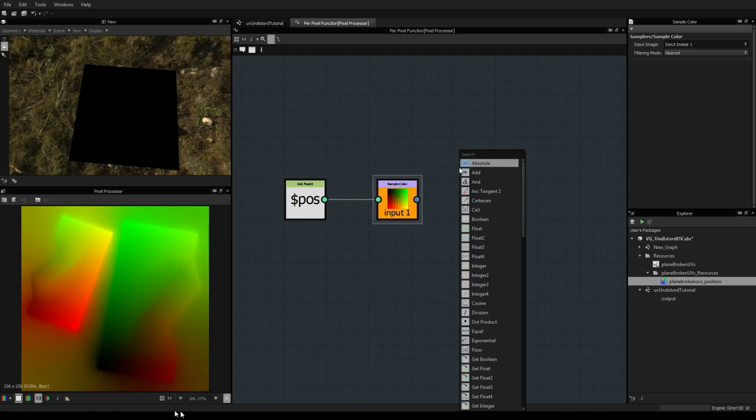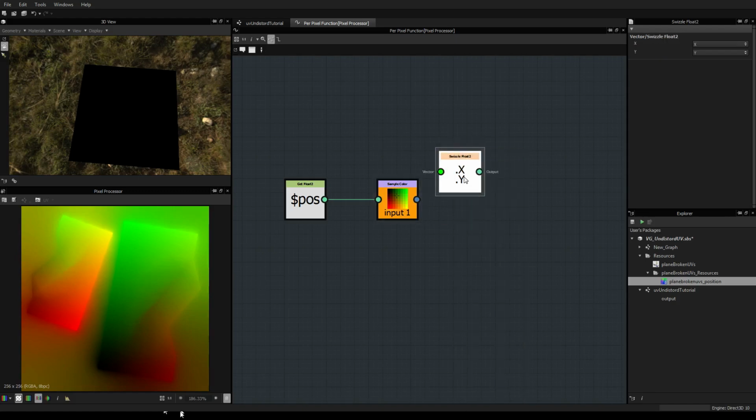So what we're going to do is use a node called the swizzle. I think I can take the float 2 by default. No, it should work. We're going to try. Swizzle float 2 allows you to split the channels one by one. So here it's perfect because I want the red channel, which is X, and the green one, which is Y. And so right now we have new coordinates stored here.